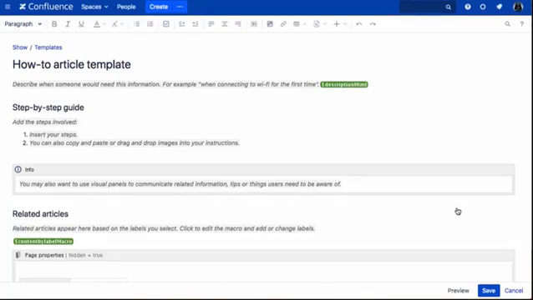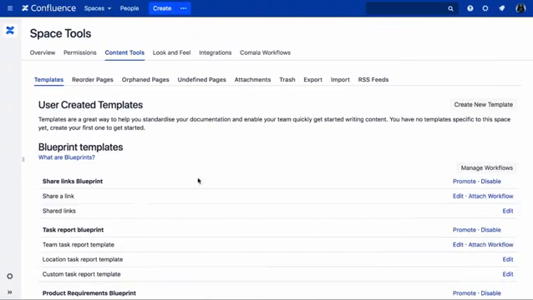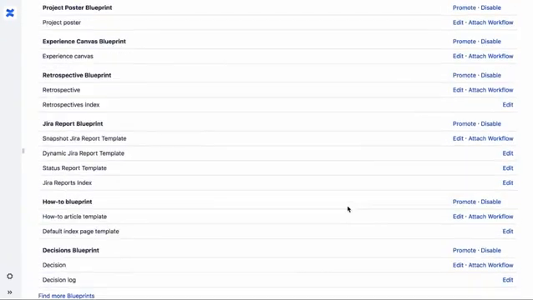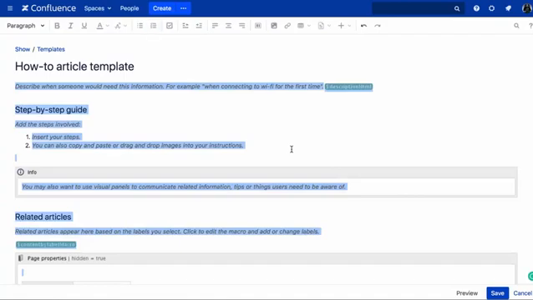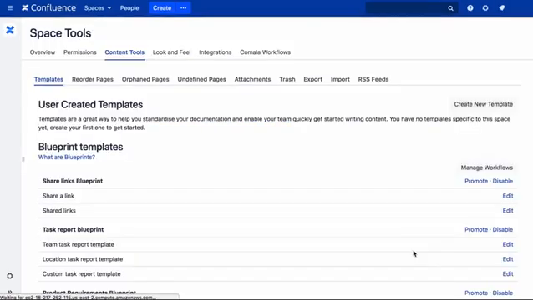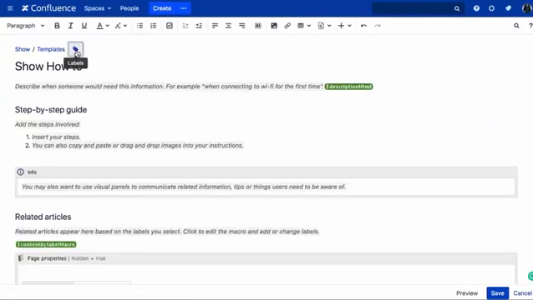What I need to do is use a template. So what I'll do is copy the blueprint content and then paste it into a template. Then I'll add in the label to be added to each page that's created based on this template. Add the label